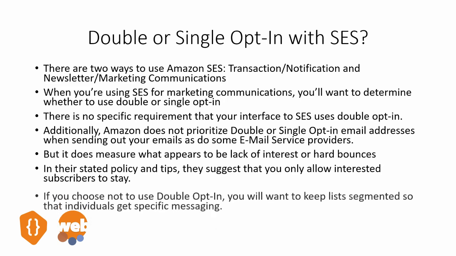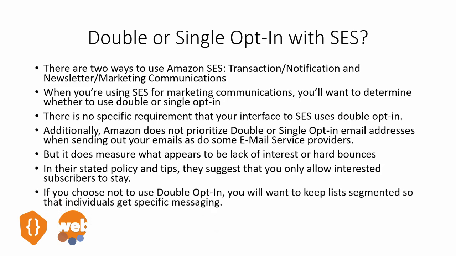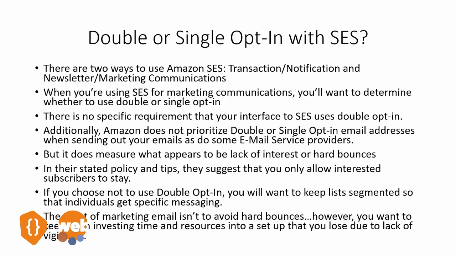email marketing list. Now, if you choose not to use double opt-in, you will want to keep your list segmented so the individuals get specific messaging to the reason that they actually opted in. Of course, now with all of this, the point of email marketing is not to avoid hard bounces. You do, though, want to keep from investing time and resources into a system like Amazon SES and lose it due to a few simple things that you can put in place. So if you choose, again, not to use double opt-in, make sure then that you're keeping your messaging specific and